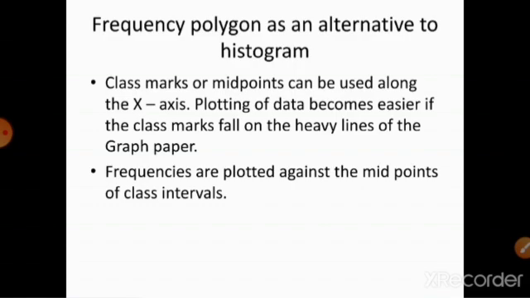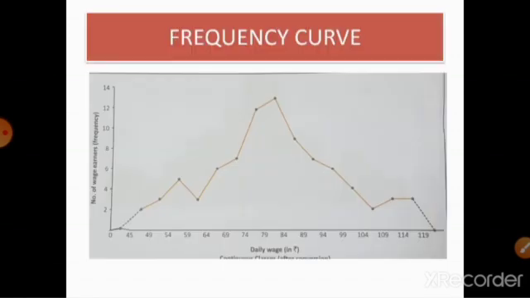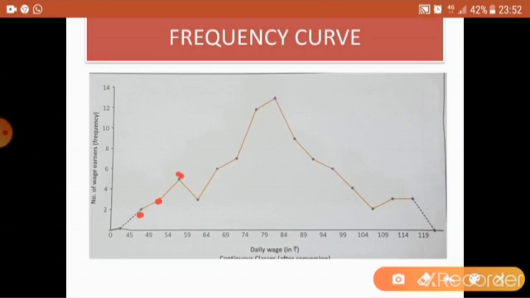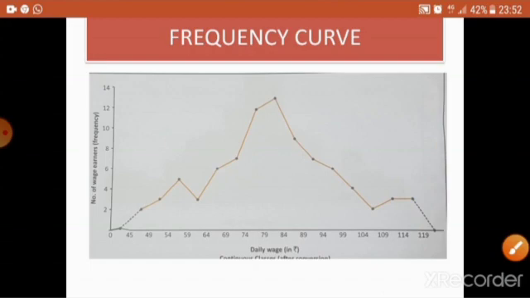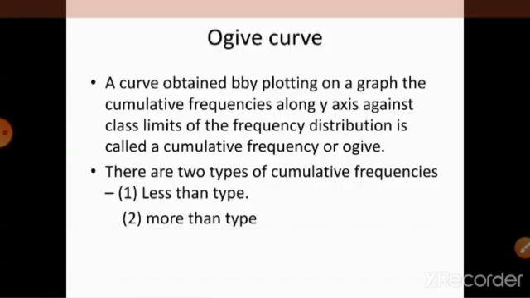Okay, so we noted that the frequency polygon is an alternative to the histogram. How can we make a frequency polygon? By marking the midpoints, that is the class marks, and plotting a dot on the graph sheet. From this picture you can understand how the frequency curve has been formed. Whatever is given on the x and y axes, when you make the plot, each point is shown. After joining each point you will get a frequency curve. So the frequency curve is also derived from the histogram. Clear?